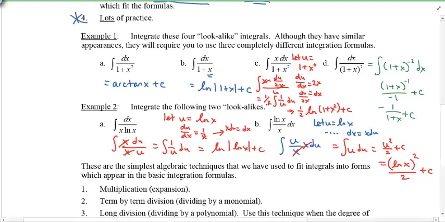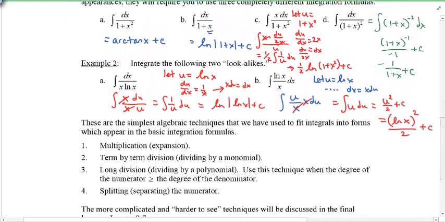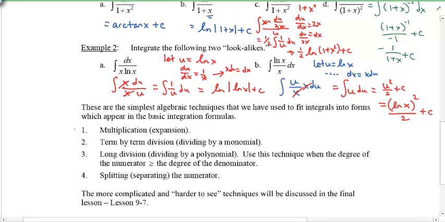So what other things might you need to do? Well, sometimes I'll ask you to multiply or expand things out before doing the integral. Sometimes we have to do term by term division, especially when you're dividing by a monomial, so that's just one term. Long division, of course, occurs when the degree of the numerator is greater than or equal to the degree of the denominator. And sometimes, which is the most tricky, is splitting or separating the numerator into